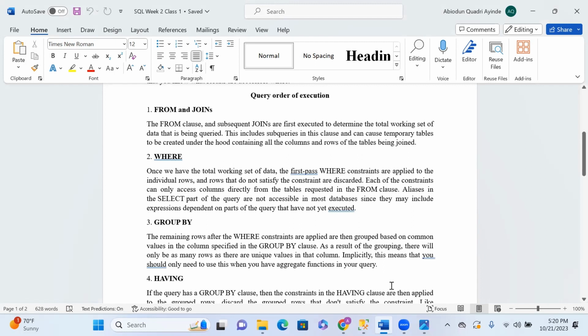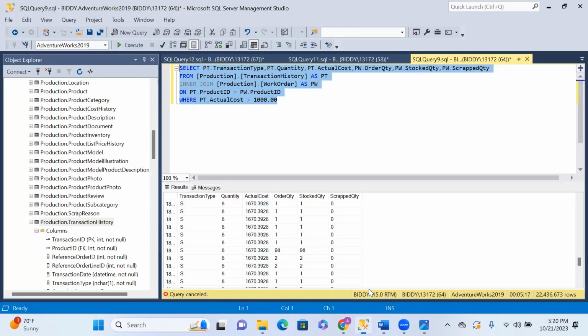So now we have to do something. I will give you a group by code. I want you to run it. I know it's going to probably return an error because we have not included something. So let's group by what? Group by transaction type, right? So the transaction type is PT